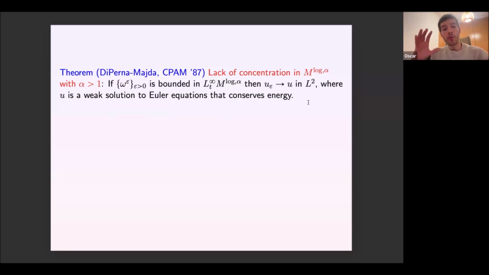The original proof of DiPerna and Majda relies on elliptic properties, regularity theory for elliptic PDEs, and to be more precise, they obtain a nice Hölder-type inequality involving the so-called extreme functions. We do not go into further details. Nowadays, there are many different approaches, alternative approaches to the DiPerna and Majda theorem. And in particular, in this talk, I will review some of them.